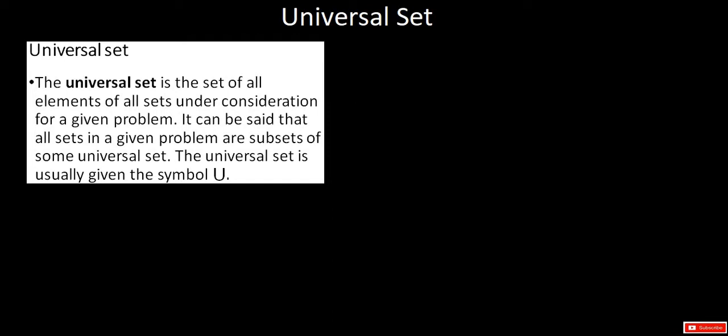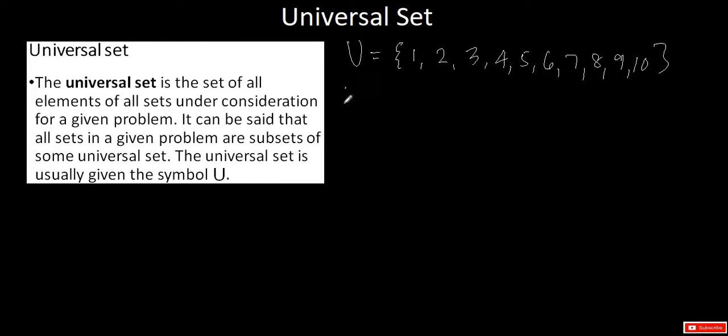Let's have examples. Suppose, for example, our universal set is the set of teachers in Maasin City National High School. And suppose there are 10 teachers. We have, for example, teacher number 1, number 2, number 3, 4, 5, 6, 7, 8, 9, and 10. And out of the given universal set, we can form smaller sets which are subsets of the given universal set.